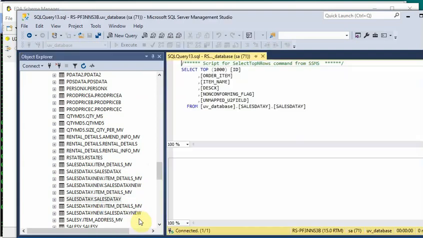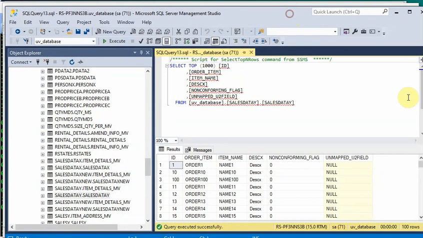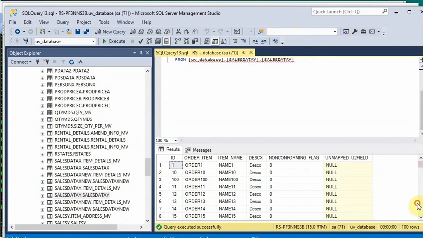This one should be 100 records. So you see, it's 100 records. Everything is conforming data. The other 4 records are stored in the backup file. So for this file, I can do the same thing to copy all the